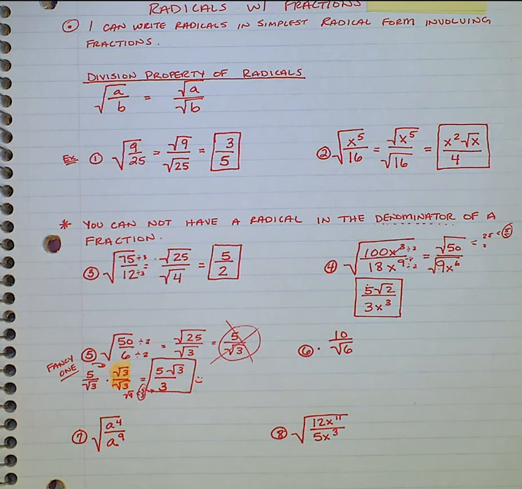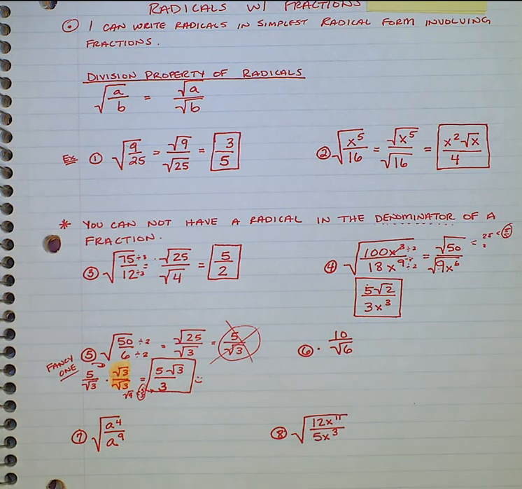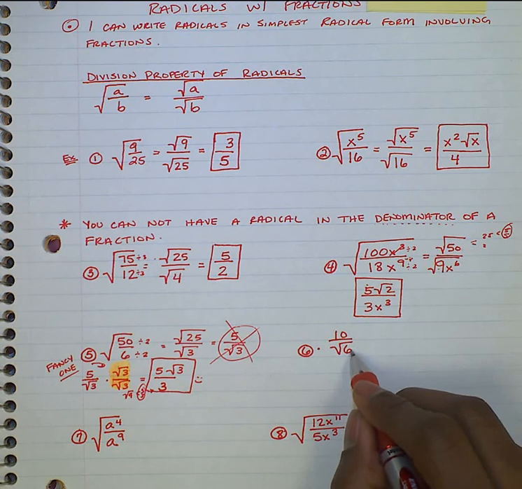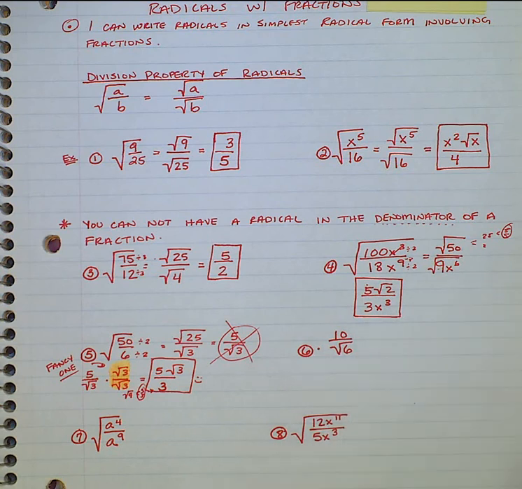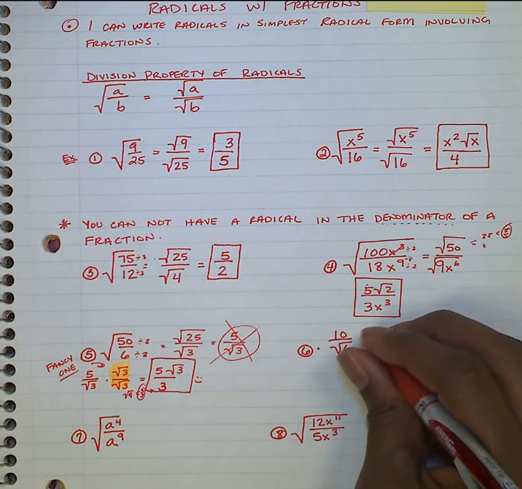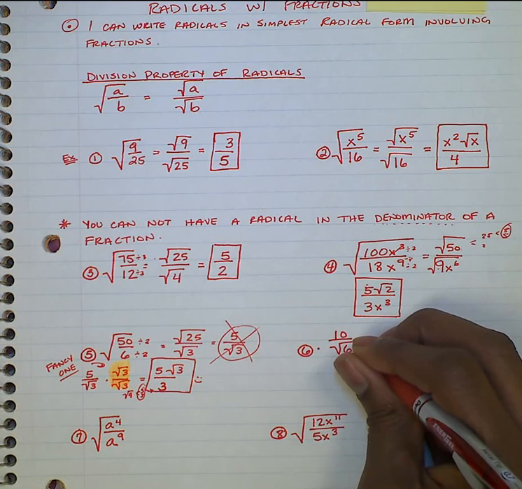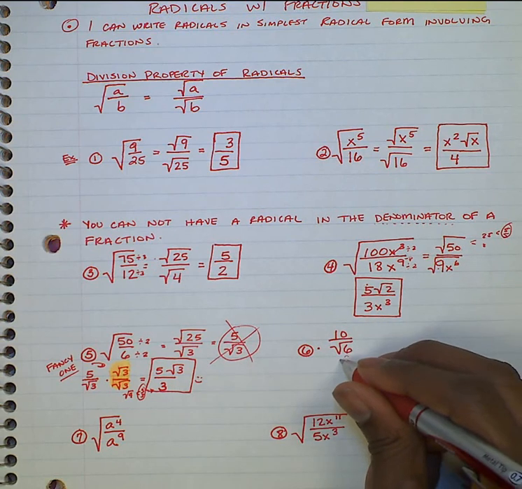Alright? Number 6, let's look at it. Can we simplify these two? The answer is no, because 6 is inside the radical and 10 is outside the radical. And our rule, as simply as I can put it, is insides by insides, outsides by outsides. This is outside, this is inside, they don't mix. So let's simplify it. Or actually, we can't simplify it. So this would really be our final answer because 6 doesn't break down to anything but 3 and 2, but